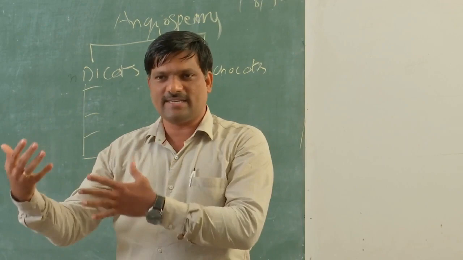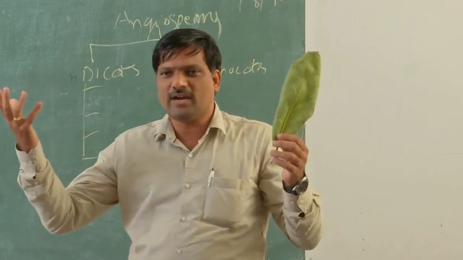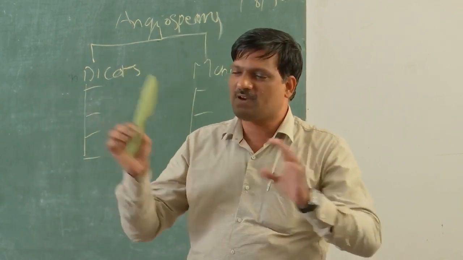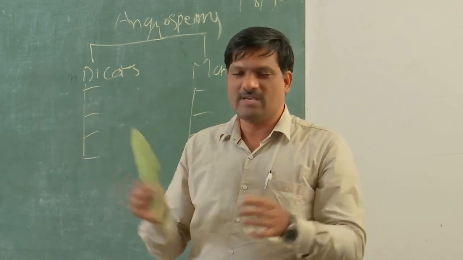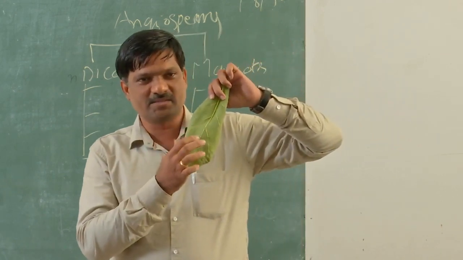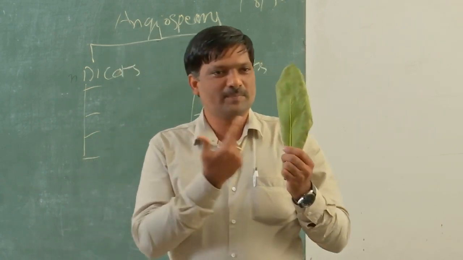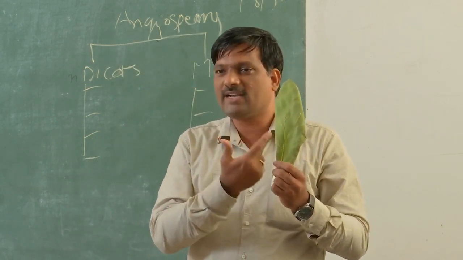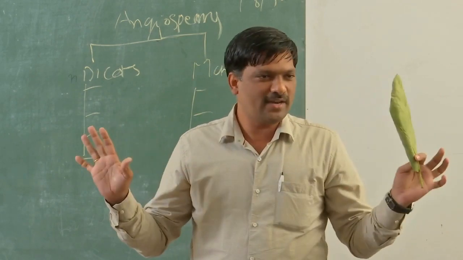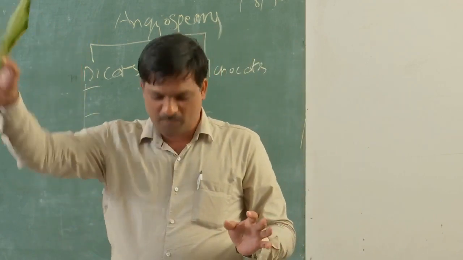Then we will go for another key character, the leaf. You may not get a root or a seed, but you will compulsorily get the leaves of every plant in all places. Just pluck one leaf and check the venation. If the veins are arranged in a reticulate manner, meaning net-like, this is called reticulate venation. If the leaf contains reticulate venation, with your eyes closed you can say that it is a dicot plant.